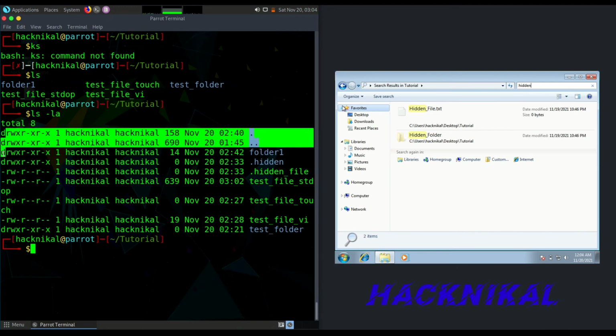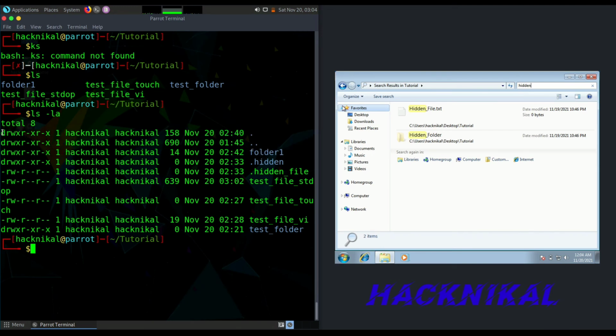The first bit defines whether it is a directory or a file. For a directory, it is represented as d, and for a file, it is represented as a hyphen. The next three bits define the read permission, write permission, and execute permission for the particular file or folder. This permission is for the currently logged in user. Here we can see this read, write, execute permission is given for this user.